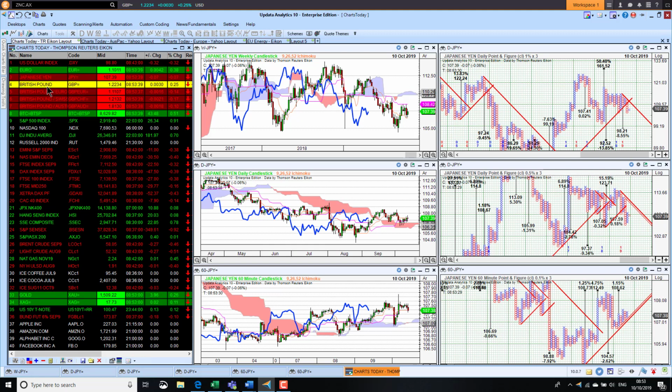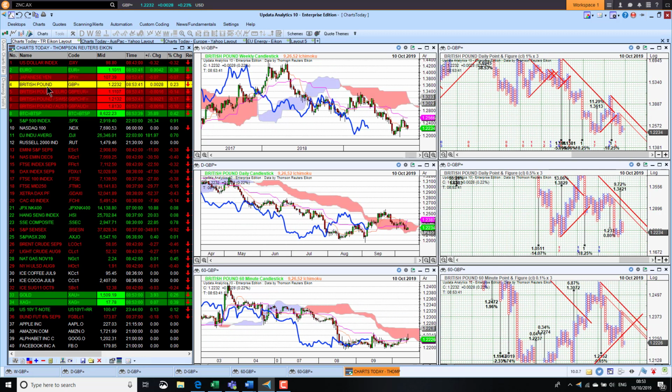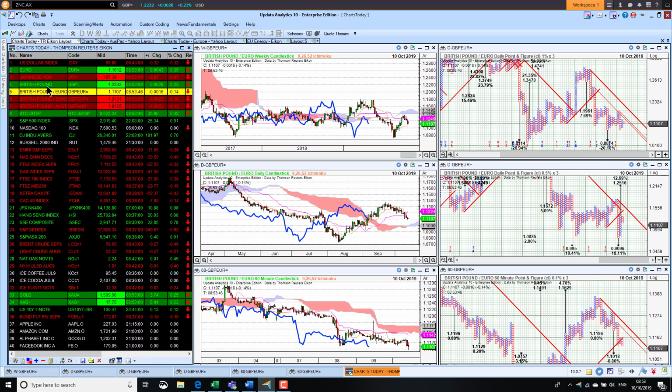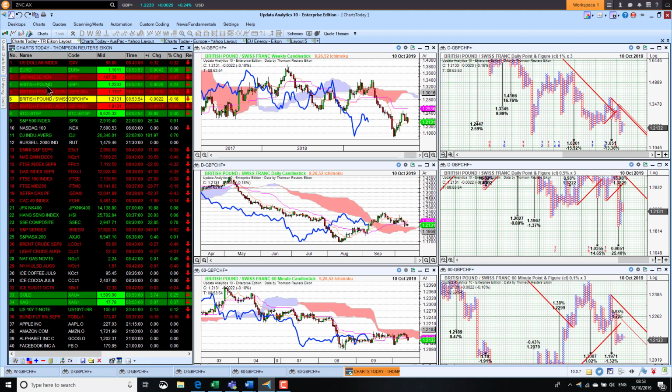Sterling still looks weak against the dollar. We're below the cloud here, so that is still bearish for sterling. And if we look at against the euro, sterling also nudging new lows there. So sterling looking quite bearish this morning, and against the Swiss franc, we're also bearish on all three time frames,